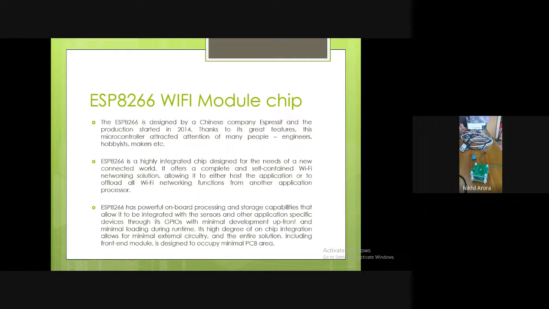So what is this chip basically? It is a highly integrated chip which contains a Wi-Fi networking solution on the chip itself, along with the CPU, along with RAM, and along with the flash memory. So all this comes under one single package. It also has some GPIO, with interfaces to SPI, I2C, and UART, as I told you last time also. With minimum PCB area and inbuilt antenna, it has the RF transmitter receiver also, that is your RF circuitry. It has networking circuitry, and the full TCP/IP protocol stack is built into this chip. That kind of powerful chip, at that kind of cost.